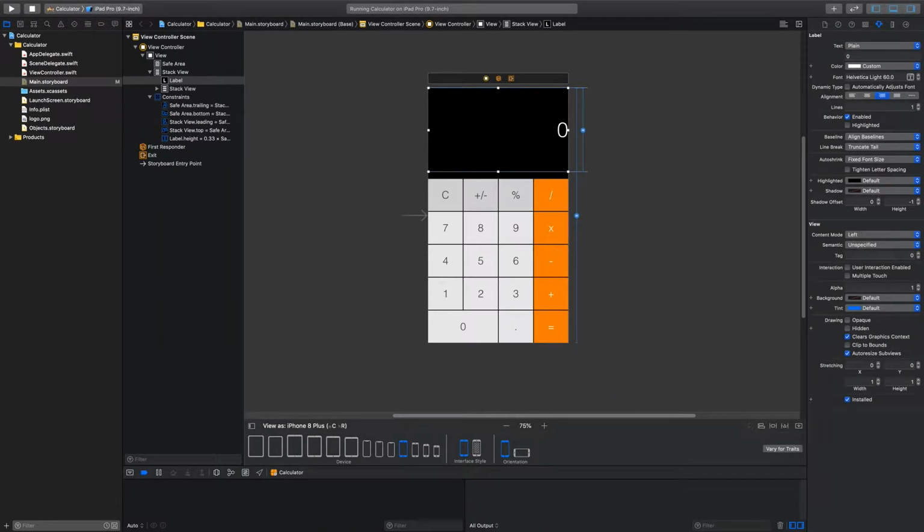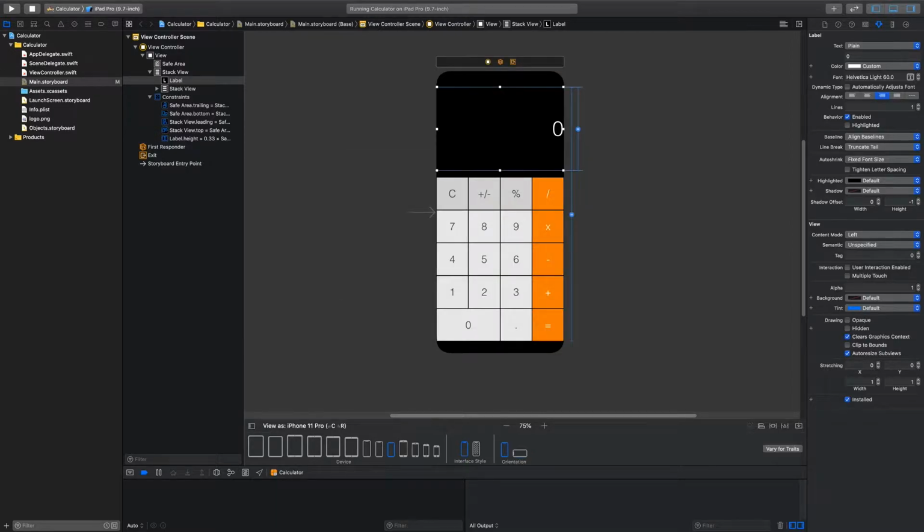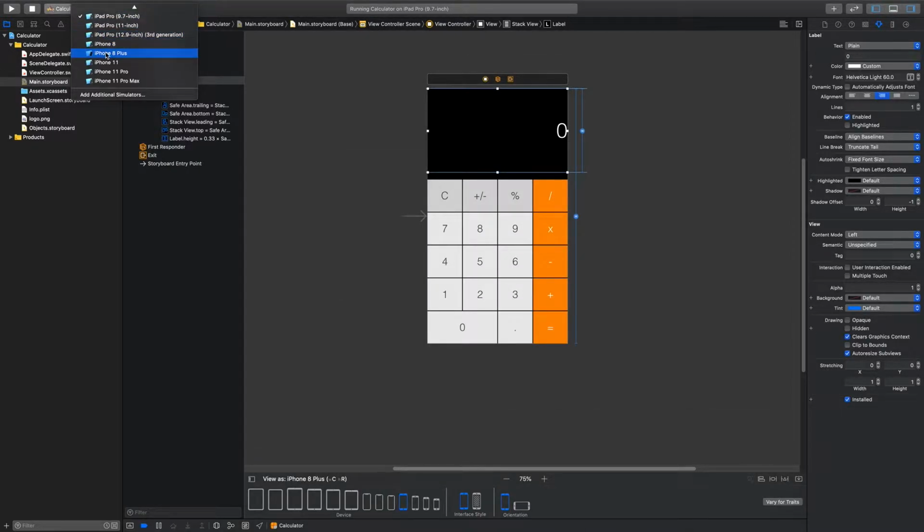Now you can see that this looks pretty similar to the app that we had in the beginning of the video. If I change the layout to landscape, then it still looks pretty good. If I changed it to another phone, it still looks pretty good. If I run this app on iPhone 8 Plus,